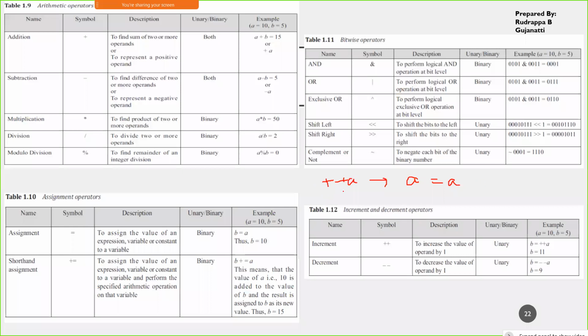And even if you're writing a++, the operation will be relevant to incrementing a by 1. Similarly, even for the decrement operator. So this is pre and this is post increment operation. Whenever we apply this operator on the variable, the increment result will be stored in this variable.